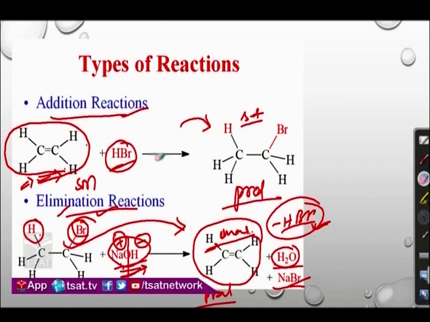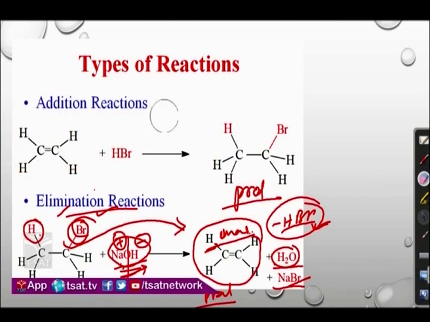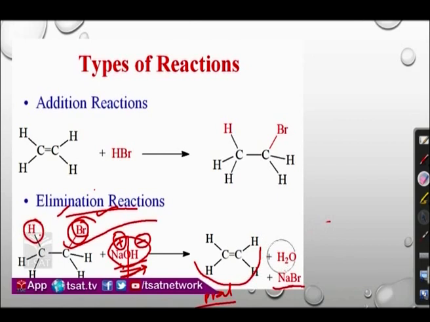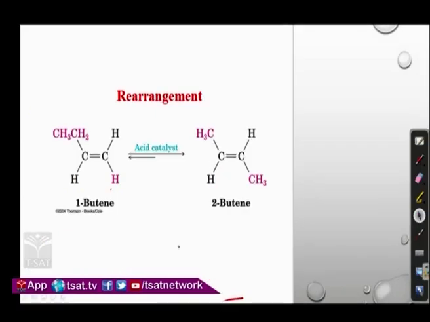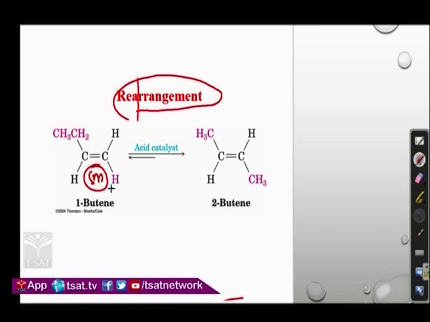Okay. So, if a molecule is added and converted into product, it is an addition reaction. If a molecule is eliminated and converted into product, it is an elimination reaction. Okay. In the next type, we are going to see rearrangement reactions. Rearrangement, the name itself says, is arranging the molecule in a different way. The starting material will be in one arrangement. During the reaction, it converts into another arrangement pattern.